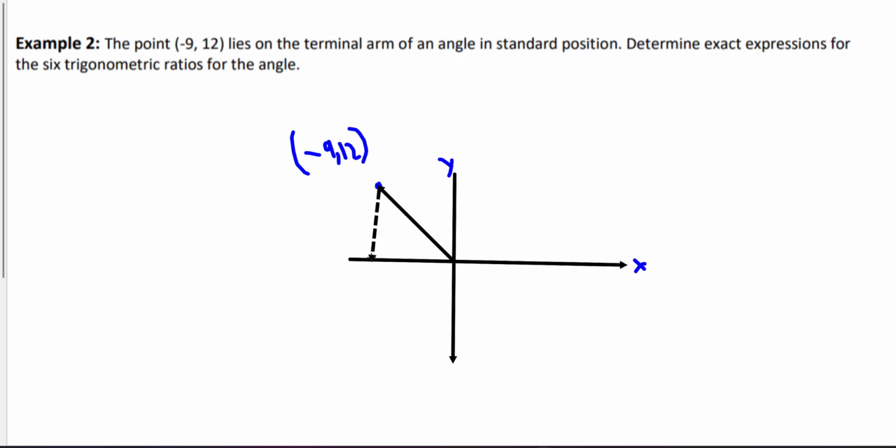Remember, the triangle is always drawn towards the x-axis. The height is clearly your y value, which is 12, and your base value is clearly your x value, which is 9. And we have our angle here, which is your beta angle, because it's the related acute angle, the angle inside. We don't know r, which we can solve for. R is obviously going to be 9 squared plus 12 squared is equal to r squared. And we want exact expressions, so we do not